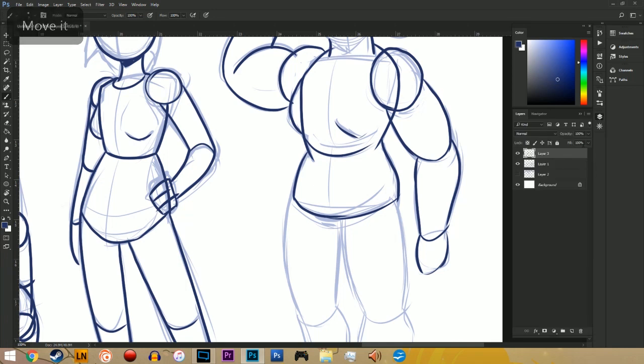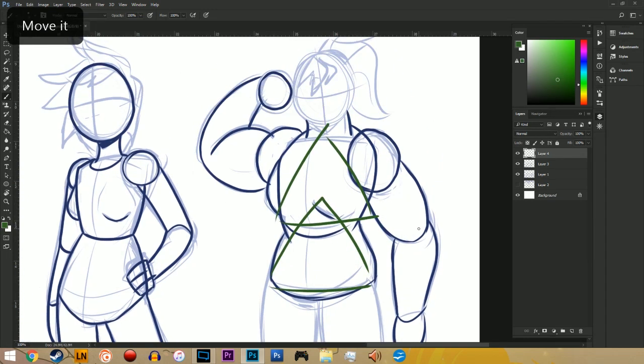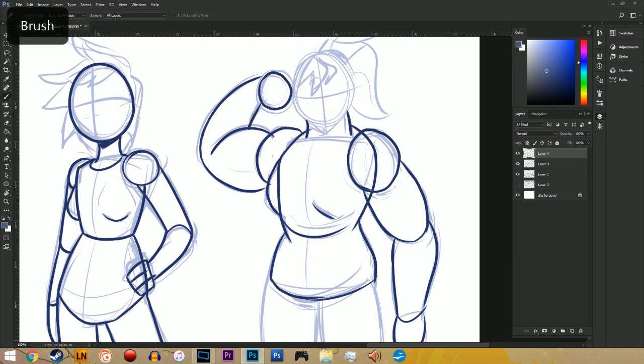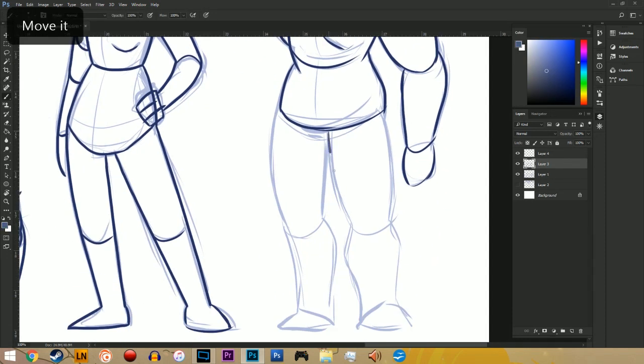let me just very quickly put up another layer so I can actually show you what I mean by this. They are effectively triangles stacked on top of each other, you know? And obviously triangles being the sturdiest shape, that means they're probably better built for being strong and carrying that muscle and all that sort of stuff. So obviously, like I said, I'm probably going to catch some flack for saying that, but that's just a personal observation I've made.